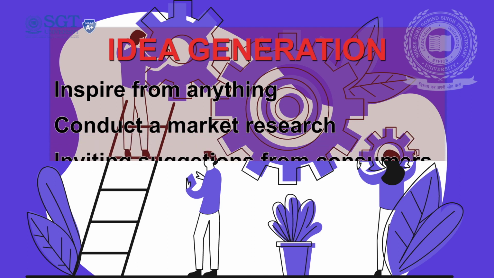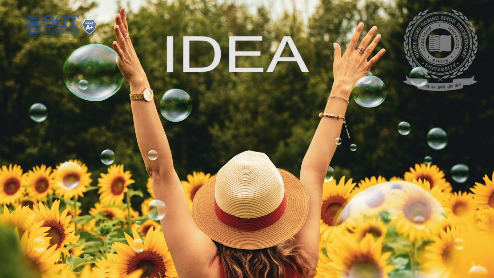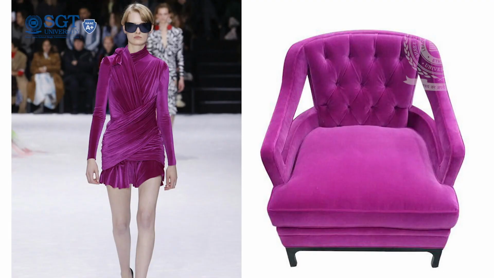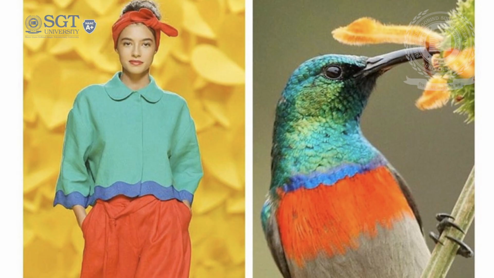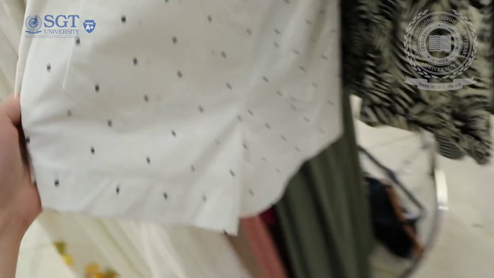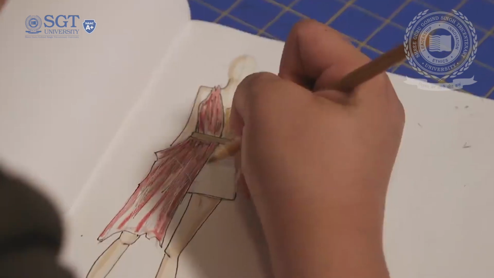As the name suggests, this simply means where the idea generates from. You can say an inspiration from anything. That can be a painting, a flower, furniture, or anything in your vicinity. For this, you can do market research so that you can get an idea of what things already exist and where you can give your inputs to create something new.